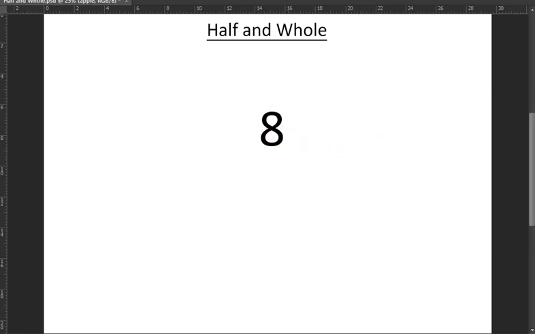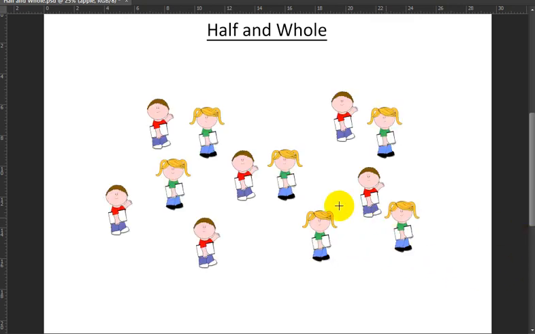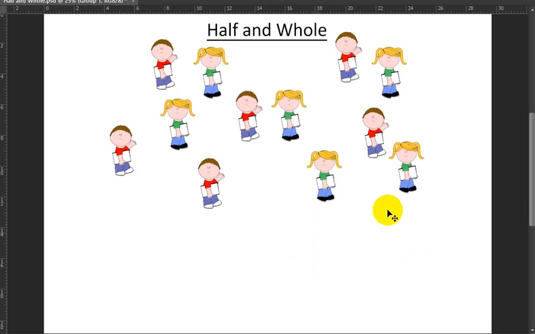instead of taking the half of a thing like we did before, where we took the half of an apple, we can also take the half of a group. So, for example, here you can see a class of kids. Now, let's say that this class of kids wants to play a game of some sorts. That means that they have to be separated into two equal teams, right? So what we're going to do here is move them up a little bit, and then we're going to separate them into teams. So one player here, one player there,